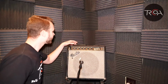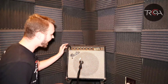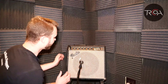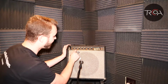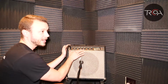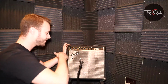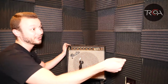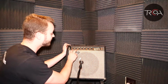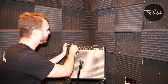So now that we're looking at the amp, we do have a few knobs going on up here, and then we'll dive into where everything's set up. We have volume and master. Now, just kind of a difference that's going on between some of these amps. Like on a high gain amp, you'll have a gain knob and a volume knob. A gain knob on a high gain amp is actually how distorted it's getting, and then the volume is how loud it is. When we're looking at a Fender amp, some of them only have a knob that says volume, and just as you drive the volume up even higher,